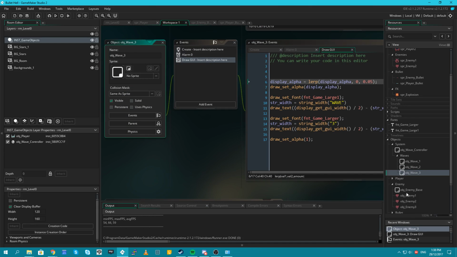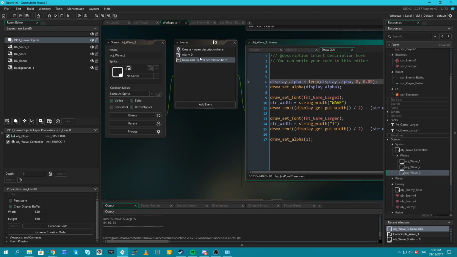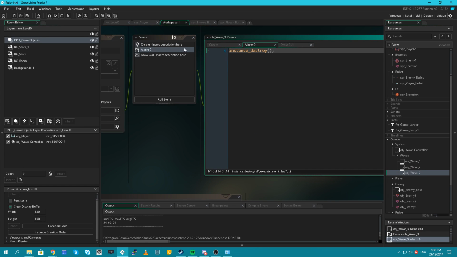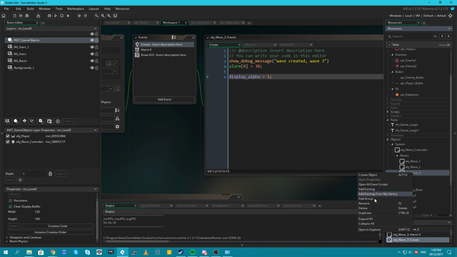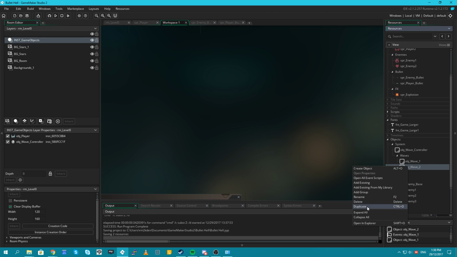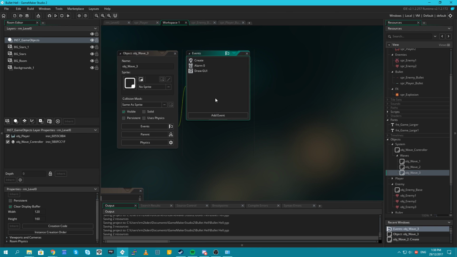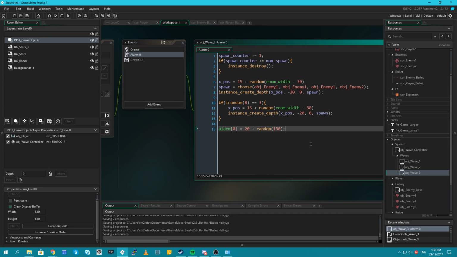So wave 3 is going to be primarily focused around spawning wave 2 enemies, and then spawning... Let's delete this one, actually. And we'll duplicate wave 2. Duplicate. And we'll call it wave 3, and we'll pretend like nothing happened. Right? So wave 3 is primarily going to be around spawning mostly enemy 2s, and then...